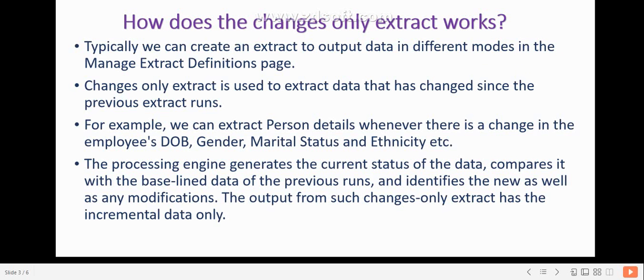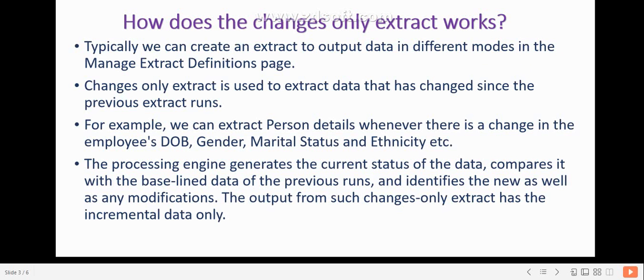What actually happens in the changes only HCM extract? Typically there is an engine which runs behind the changes only HCM extract. Whenever you configure the changes only HCM extract and submit the HCM extract, what happens?